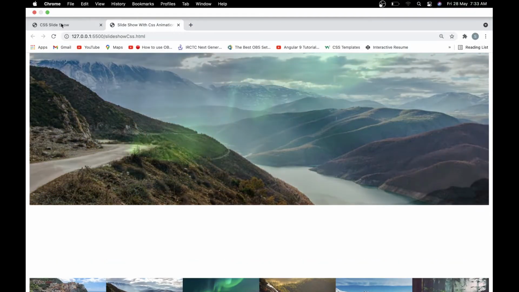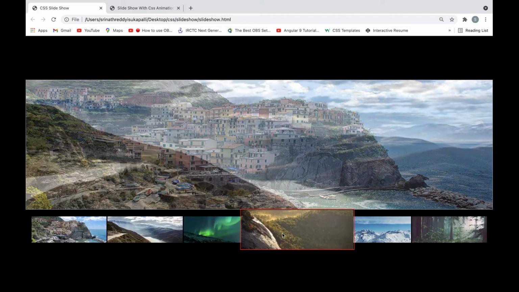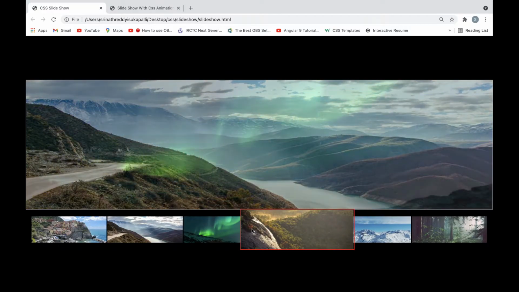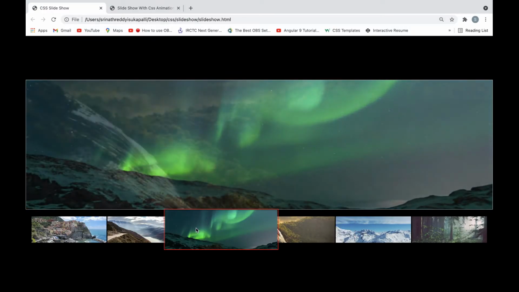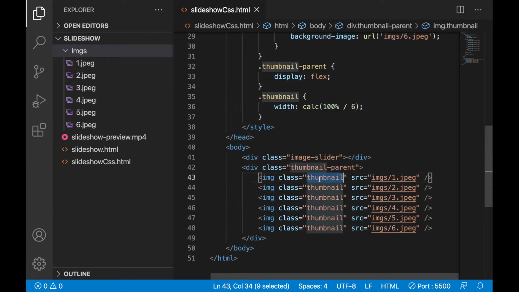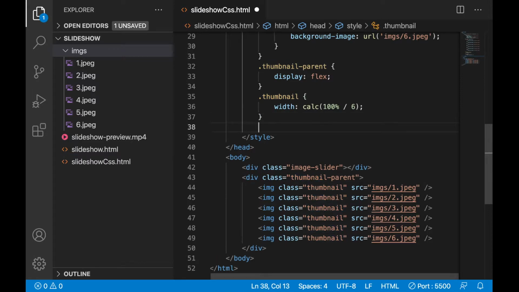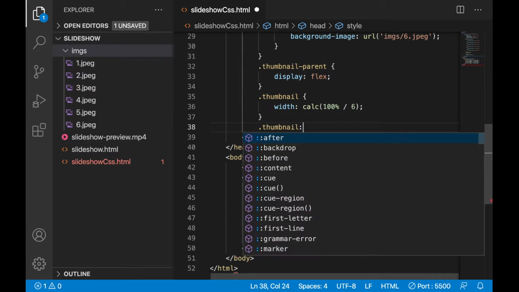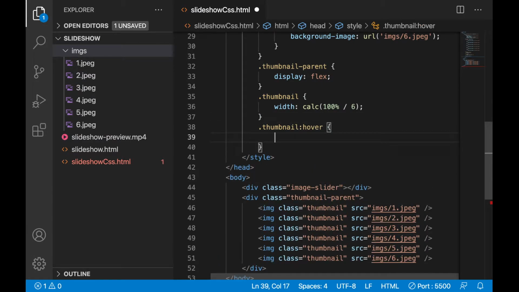Now I want to add an effect to this one. I want to show an effect like this. How can we achieve that? On hover, so let's write thumbnail colon hover. What do we need to write?